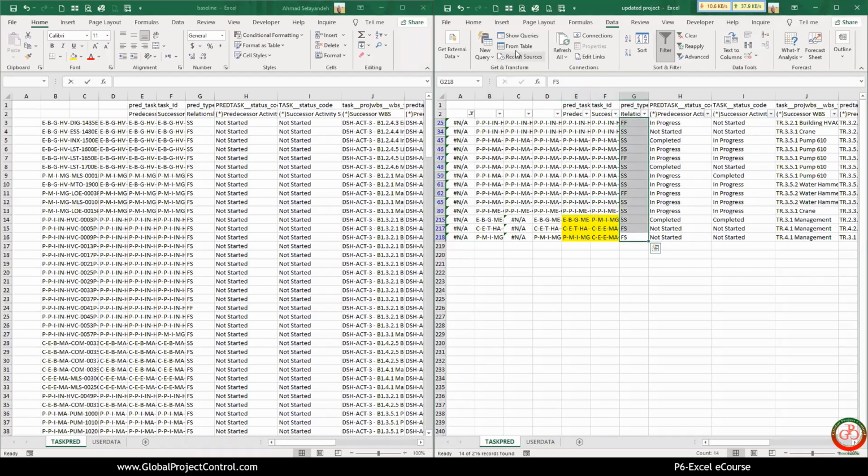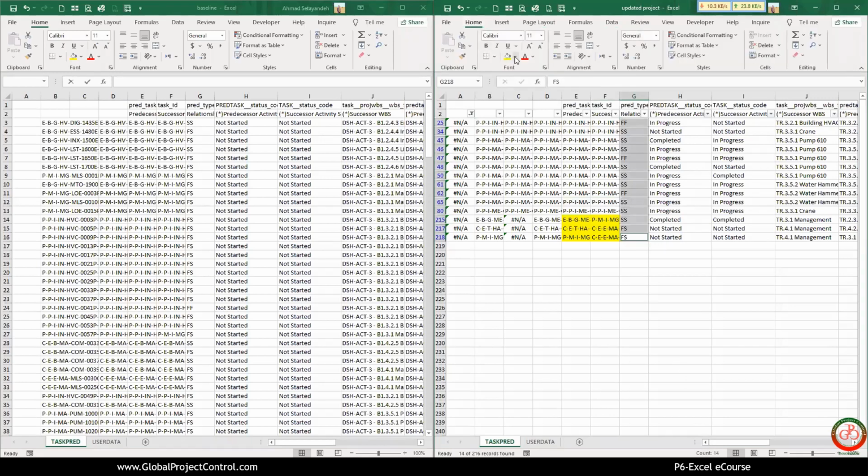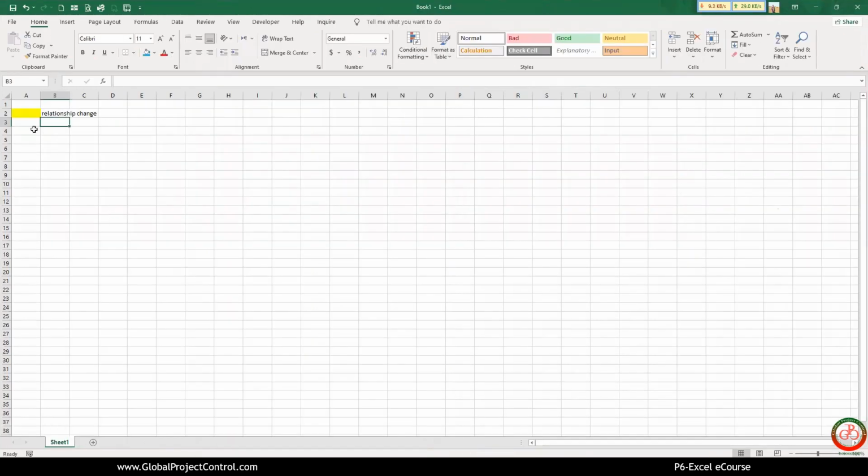Let me add this field also by selecting the visible. We have 14 changes over here in blue color. I have 3 changes for the relationship, and the blue color means that relationship